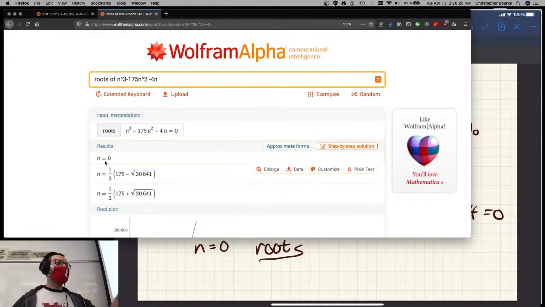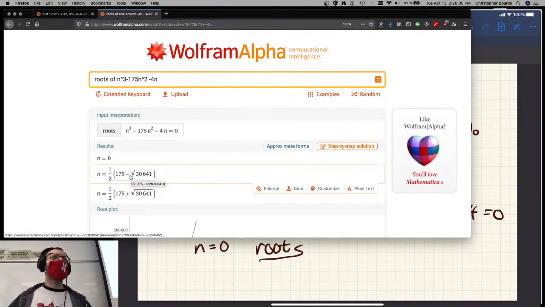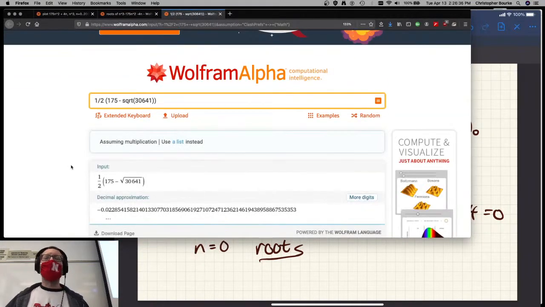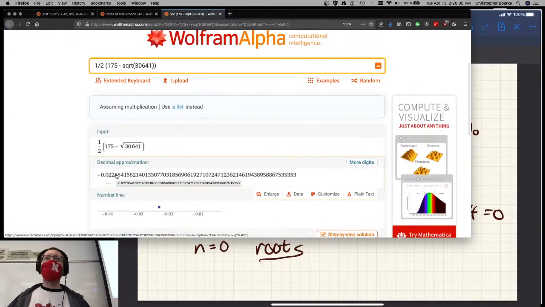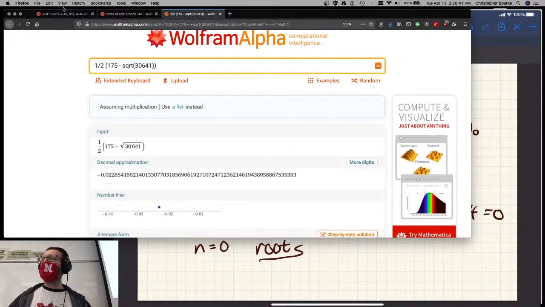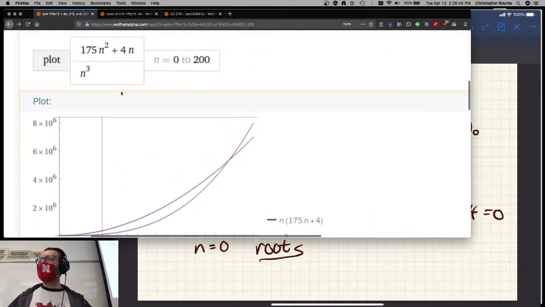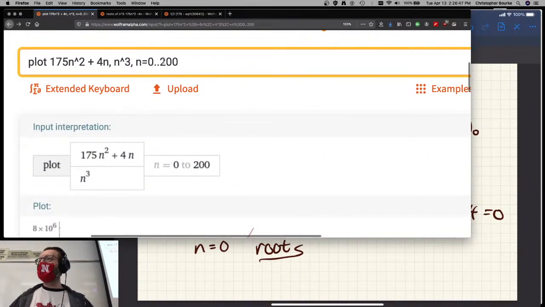A, just as you predicted, one of them was 0. What about this one? I'm going to open that up into a new tab because they only give you a symbolic representation by default. And here's the actual representation. If you go all the way back to this thing over here, that means that if I expand this out to say, let's go from negative 1 to positive 1,